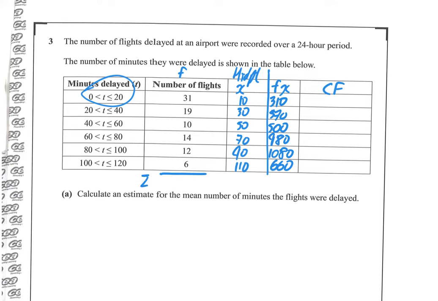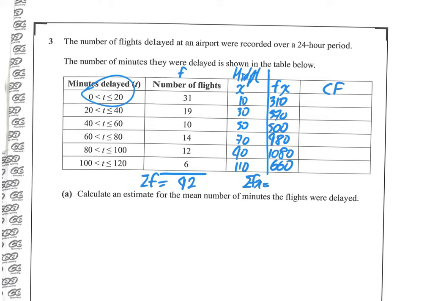So I'm going to add up this column here. We also need sigma fx, so I'm going to add up this column here. So adding up my f column, 31 plus 19 plus 10 plus 14 plus 12 plus 6, and I have added that up and I've got 92. Okay, 31 plus 19 plus 10 plus 14 plus 12 plus 6. Just check always what you've written in your calculator, and I can see I've done that correctly, so that